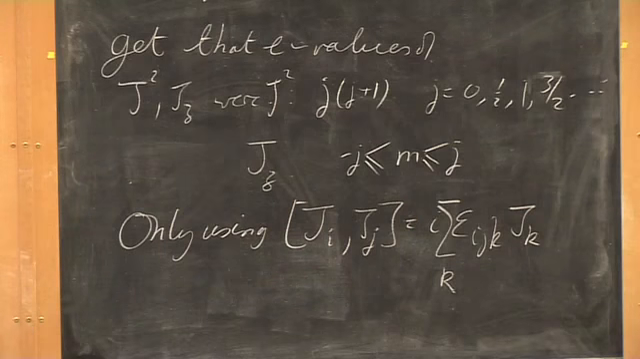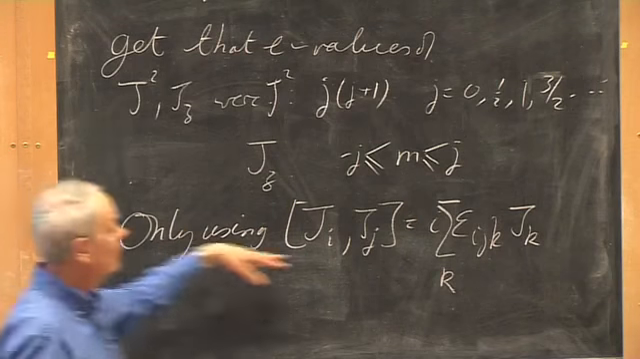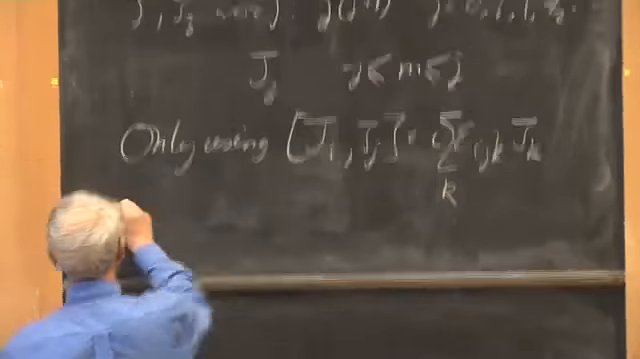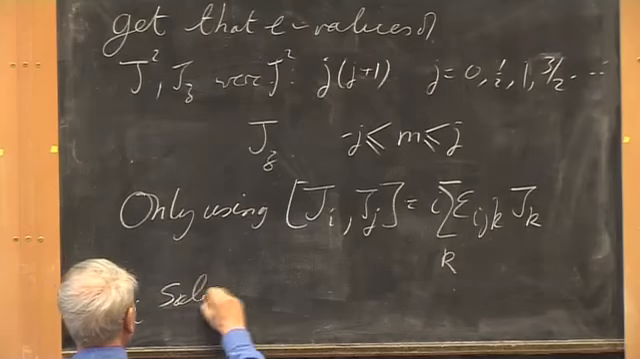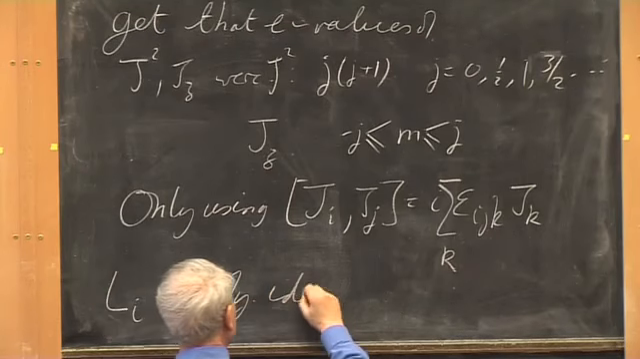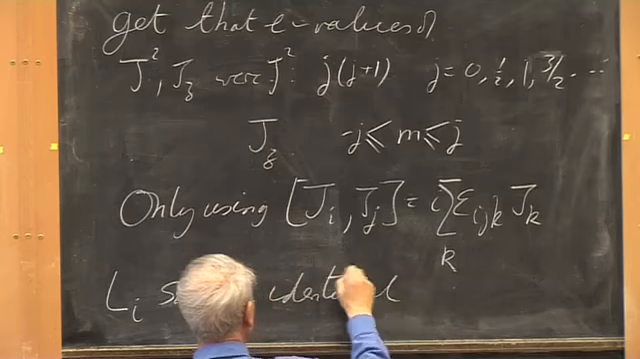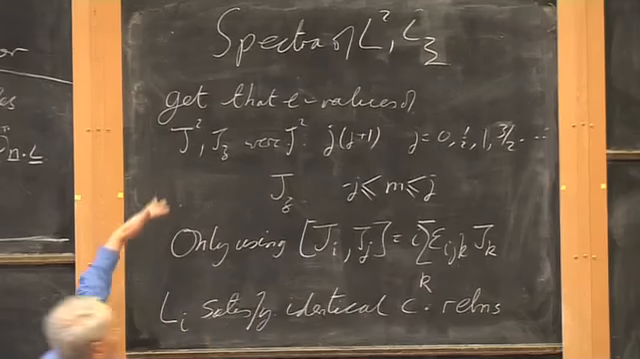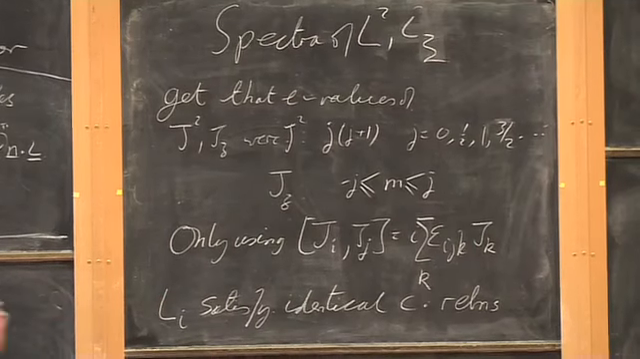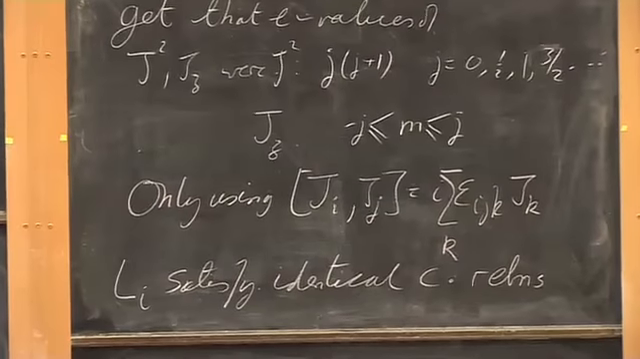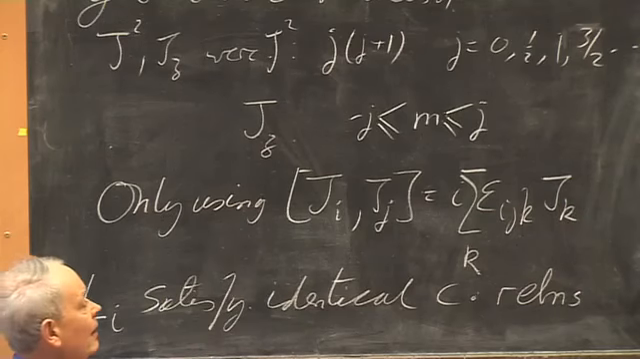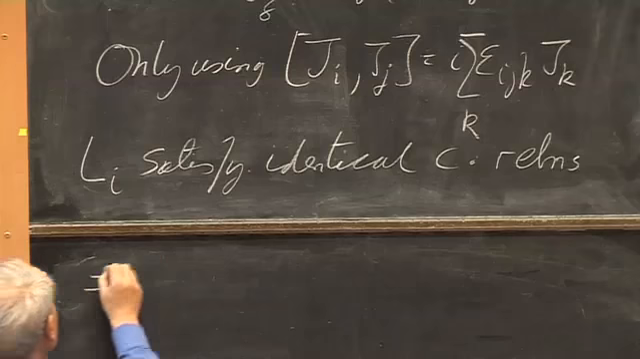If you look back at what we did, you'll find that nothing else went into this but these commutation relationships here. For the L operators, we have the same commutation relations, right? So the L satisfy identical commutation relations. So the argument we had for J could be repeated line by line. There's no point in repeating it literally, but virtually we repeat that argument line by line with every J replaced by an L, and we conclude that the eigenvalues